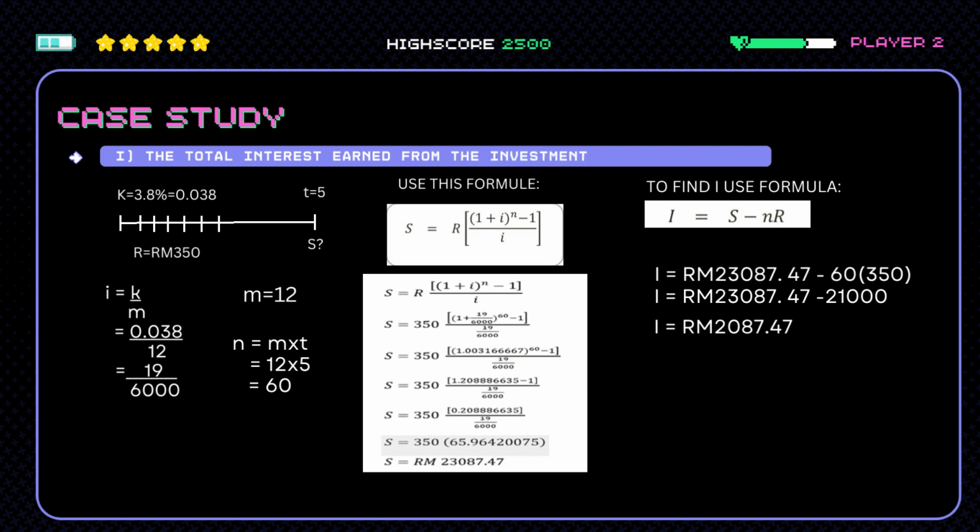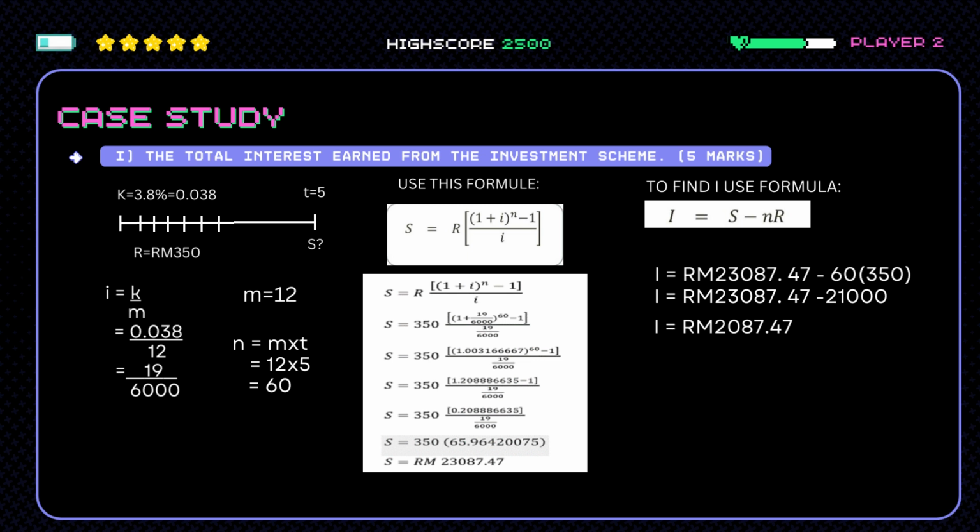In the question, we must find the total interest earned. To find the total interest earned, which is I, we must use the formula I equals S minus nR. But we don't have the value of S, so first we must find the value of S. To find S, we must use the formula S equals R in the bracket 1 plus i to the power n minus 1, over i. So, R is